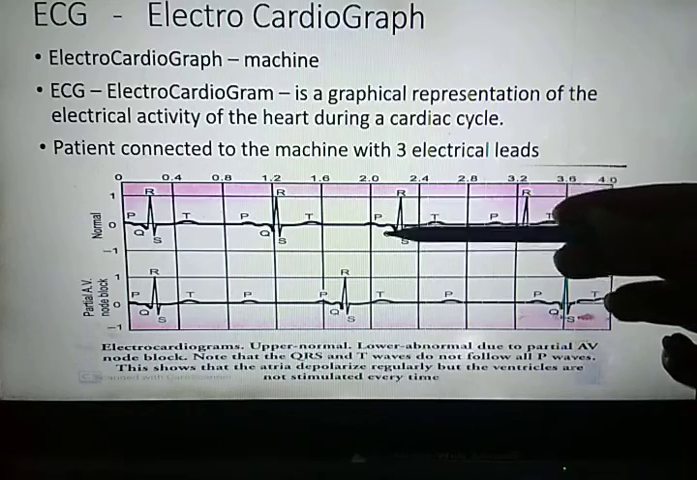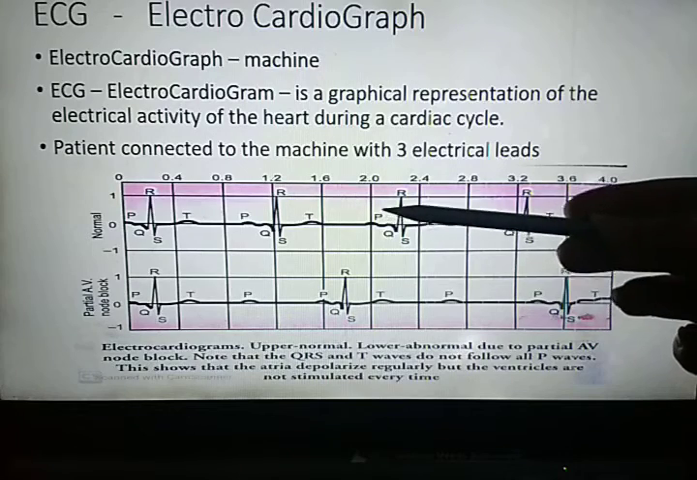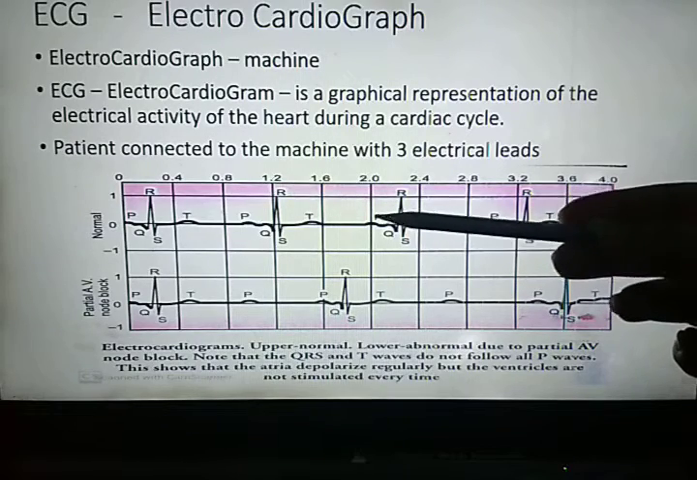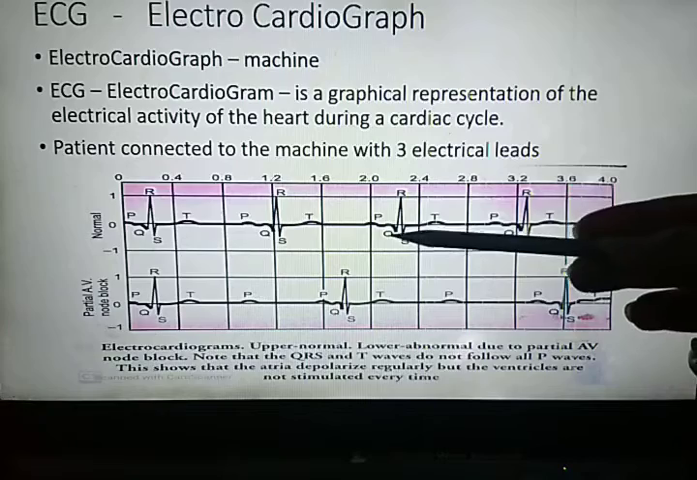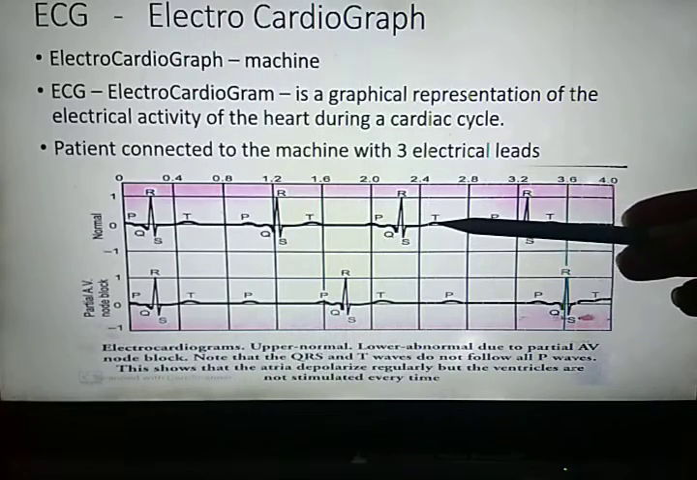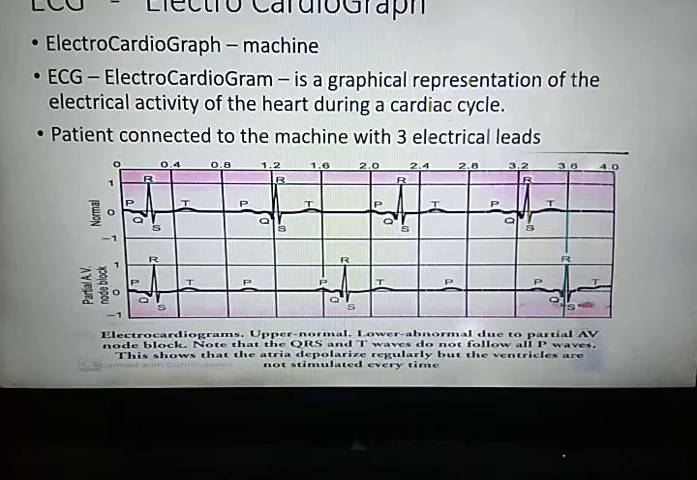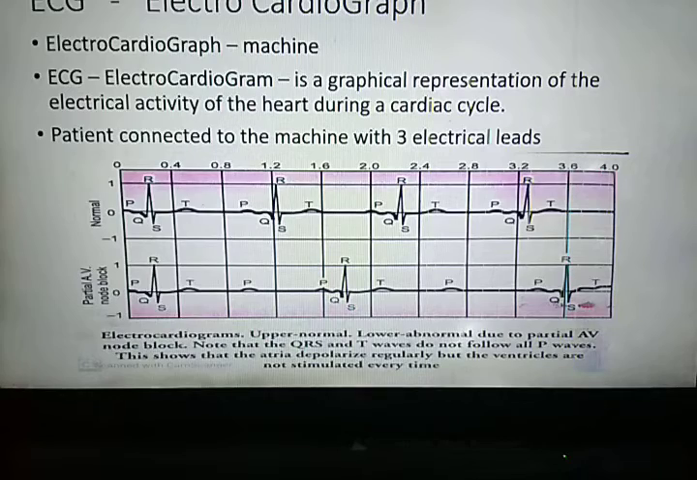So P, Q, R, S, T. P represents contraction of both auricles, Q, R, S represent contraction of both ventricles, and T represents relaxation of ventricles. So, by counting the number of QRS complexes that occur in a given time period, one can determine the heartbeat